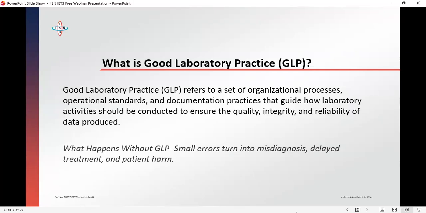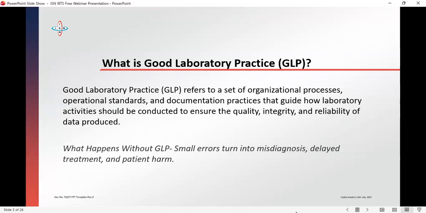They will think, oh, good laboratory practice is just about standard operating procedures, right? Good laboratory practice is just about documentation. Make sure you're documenting properly. Good laboratory practice is all about your quality control charts, and sometimes even inspection and audit. That's the thing that comes to the mind of everyone when you hear about good laboratory practice. But I want to let you know today that good laboratory practice is much deeper than that.